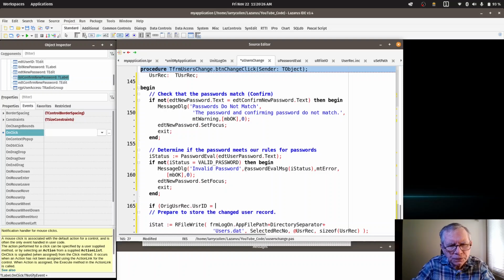If that's equal to our edit user ID, if that's equal to edit user ID dot text, if that's equal to that,